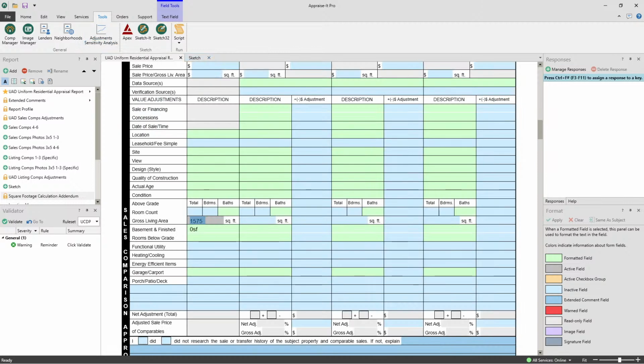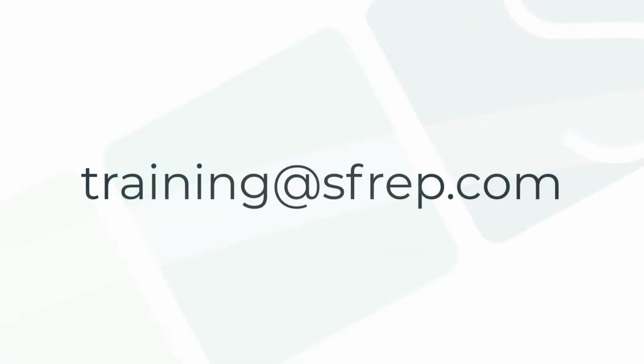All right, let's see. Did we forget anything? Because I think we're coming to the end here. We've gone over interior walls and transferring your sketch. Okay, does anyone have any questions? If you have any questions that you want to ask, all you've got to do is use the chat that is down at either the bottom or over on the right-hand side. Or, if you're watching this after the fact, you can email training@sfrep.com. And if you need help right away, just call our tech support,